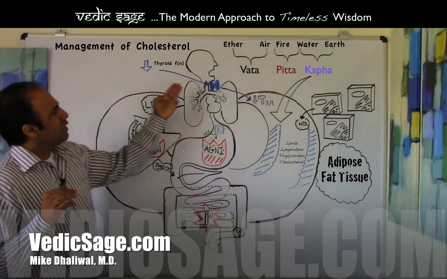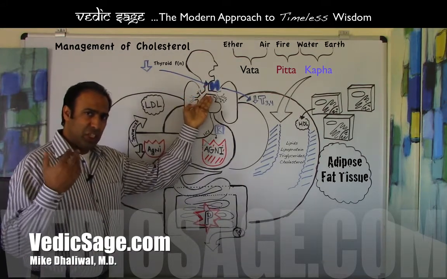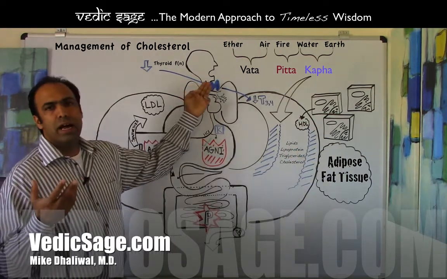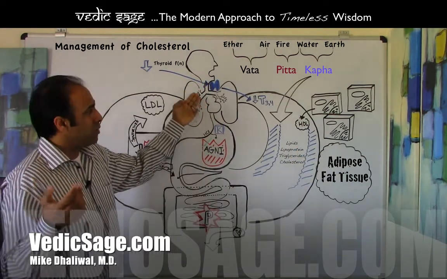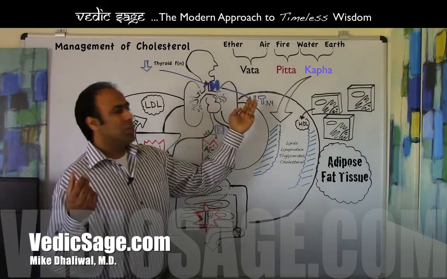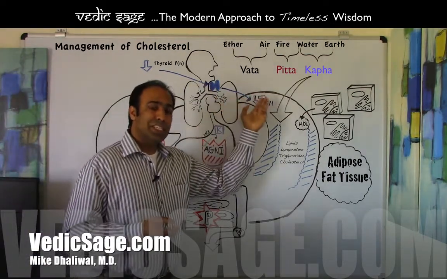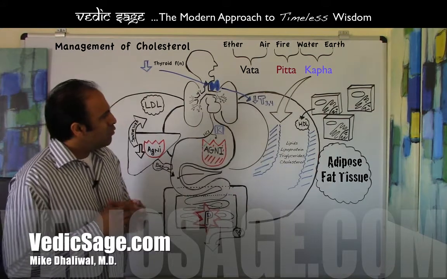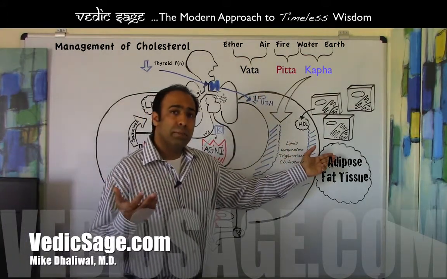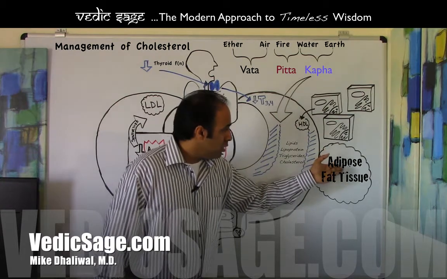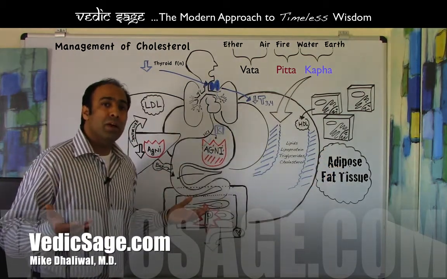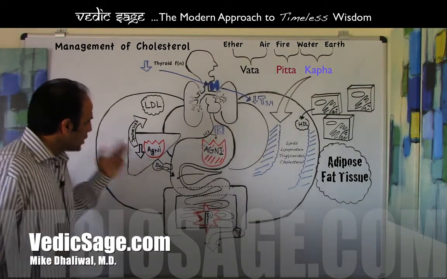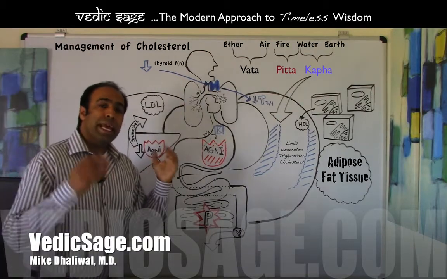Likewise, they had the great understanding to realize that the thyroid function has a huge impact on the metabolism of the peripheral cells or peripheral tissue. And due to an underactive or sluggish thyroid, for example, hypothyroidism, there's a decrease in the thyroxine hormones, which therefore results in decreased utilization of these fatty substances such as cholesterol from the peripheral tissue. And therefore, the increased storage of lipid or fatty substances within the fat tissue or the adipose tissue can lead to weight gain or even obesity. Therefore, Ayurveda takes into great consideration the function of the liver and the function of the thyroid in managing cholesterol levels.